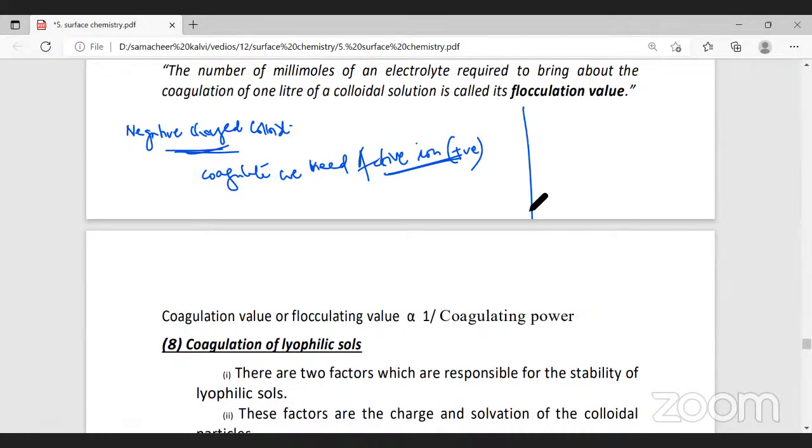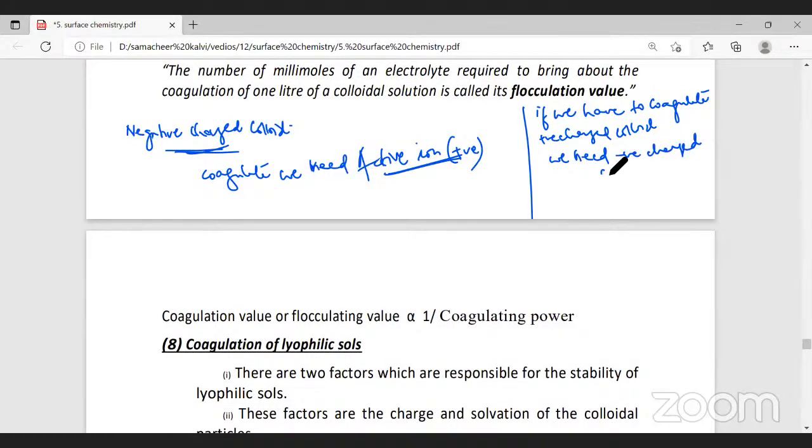Now, similarly, if we have to coagulate positively charged colloid, we need negatively charged active ion. Now, when we say positively charged active ion here, in this case, to coagulate negatively charged colloid, I can write